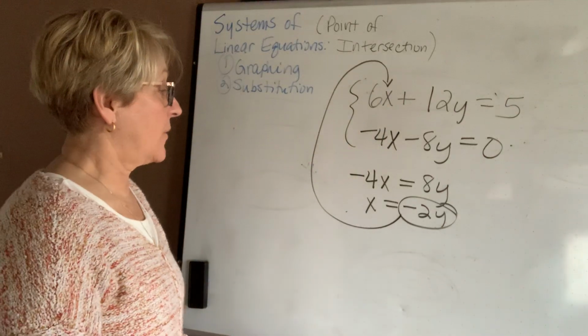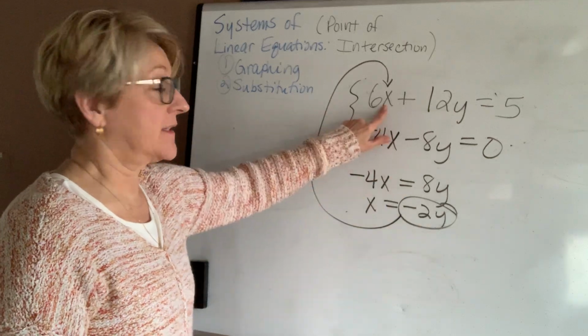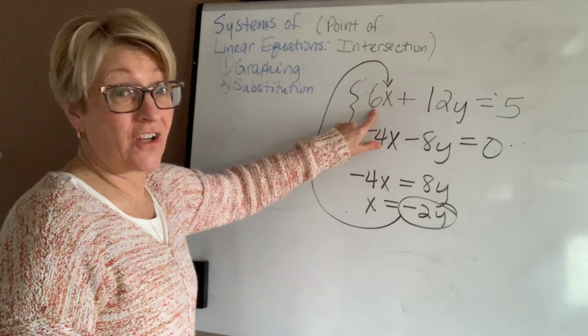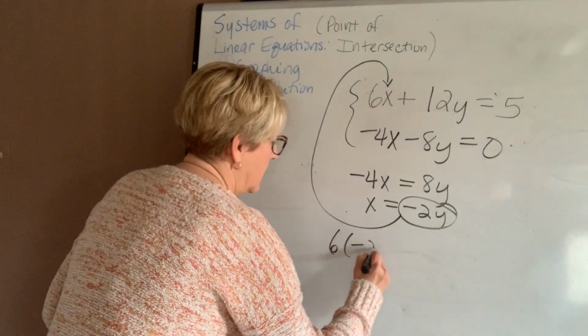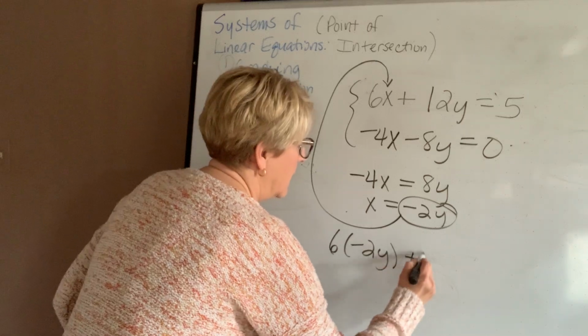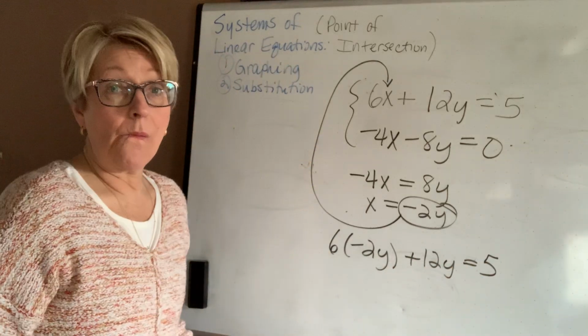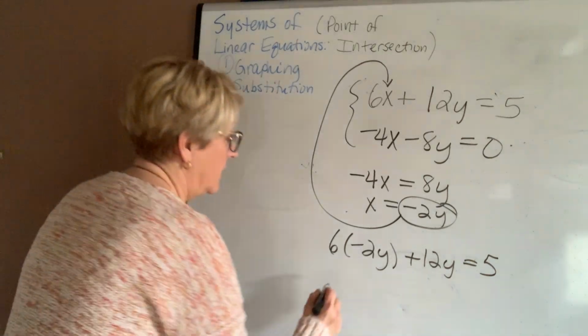Into my first equation, because I did this from the second equation. I have to go back and substitute in the first. All right. I have a coefficient here, 6. Okay. When I do that substitution and I multiply,